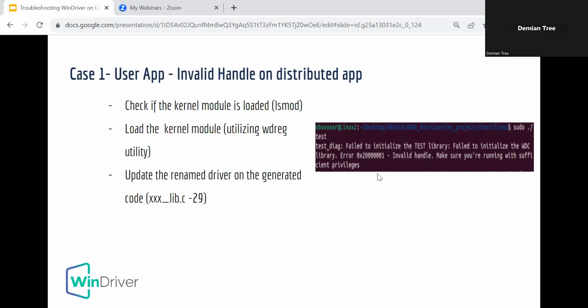In this case, 99% of the time the kernel module is not updated. It's not uploaded. It's not enabled. So what we recommend is to load the kernel module. You can look for it with the ls command, and if it is not there, then use the wdreg utility in order to load it. If the kernel module is there,